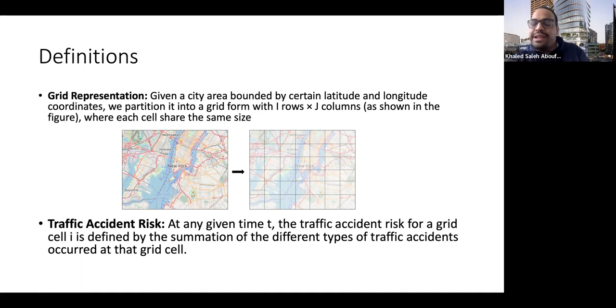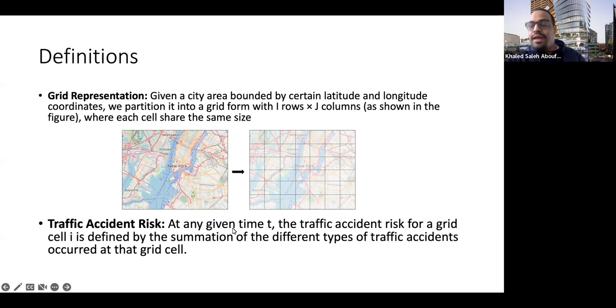But this is currently the common way of representing a city when it comes to traffic accident risk prediction. And of course, these cells are equally sized. So this is the first definition or assumption that we have. Also, when we talk about traffic accident risk, it could mean a lot of things for different people. But in this paper, the traffic accident risk definition that we have, given this grid city representation,